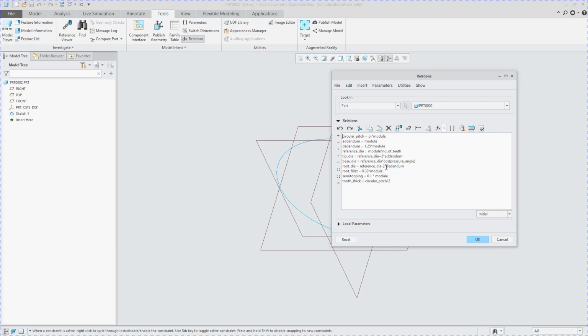Then we have the root diameter, which is reference minus 2 times the addendum, the fillet size, and the tooth thickness. If you're confused as to why this is 2 times, give it a quick think through, remembering that we're looking at diameters, not radius. So once you've put all of these in here,